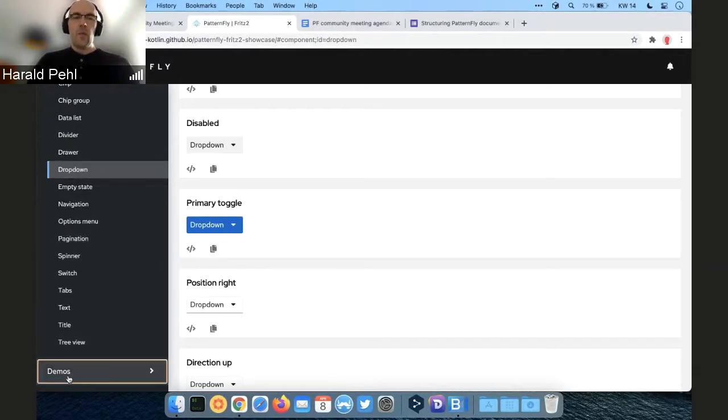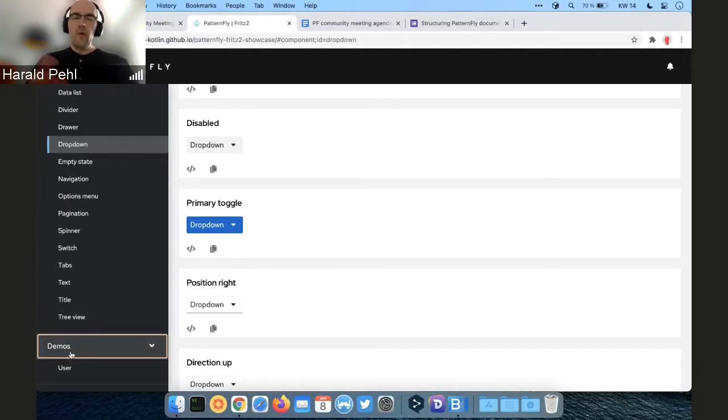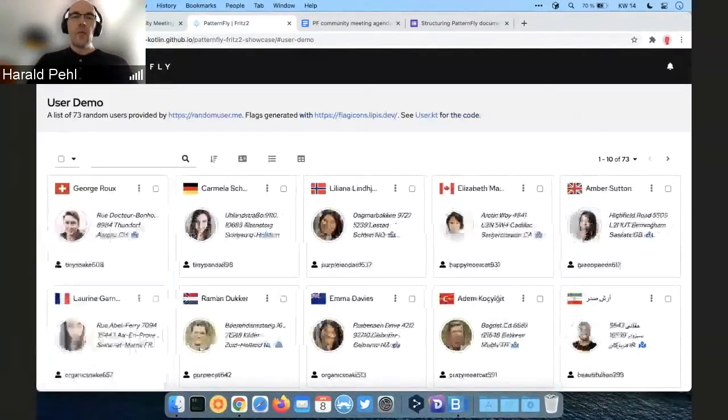And I have one demo, which is a more complex demo, where I demonstrate the more complex components like the card view, the data list, and the table. So I'm using here randomuser.me, a site which offers some REST endpoints and some JSON data, which I turn into users. And then here you see the reactive nature of Fritz 2 and PatternFly Fritz 2.